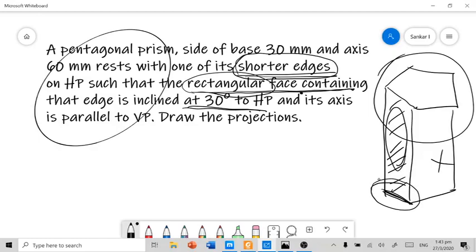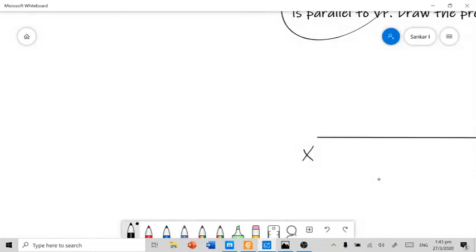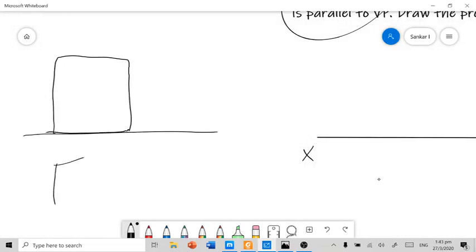So we need to first imagine the exact resting condition of the pentagonal prism. Thereafter we can start to solve the question. Here this pentagonal prism is resting in this way. Roughly I am drawing it, and thereafter we can draw it in the exact manner.